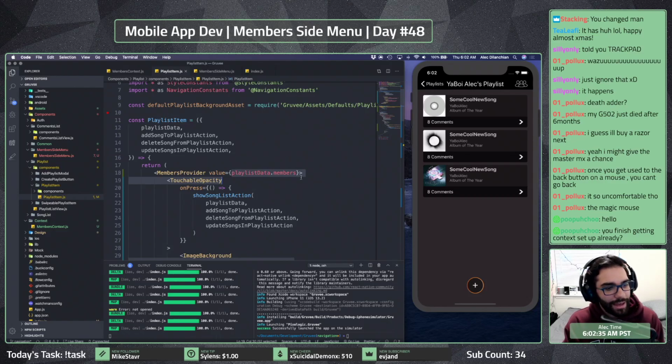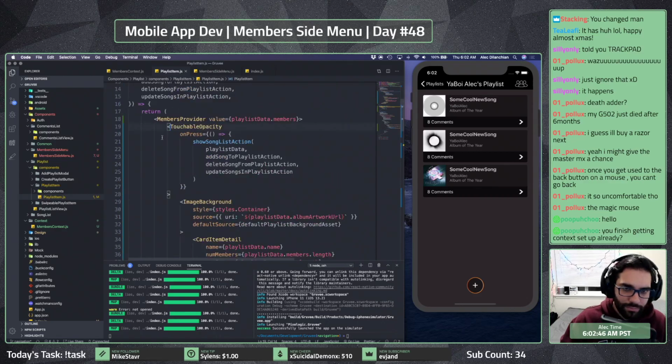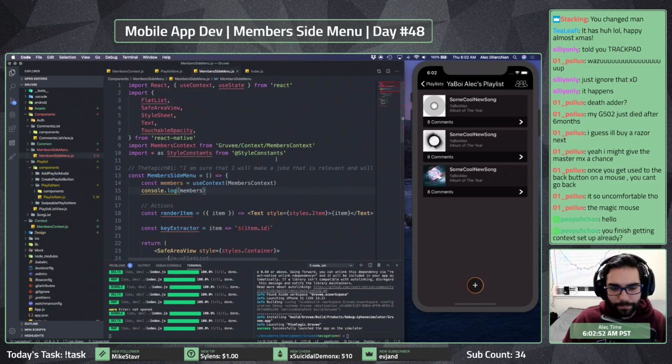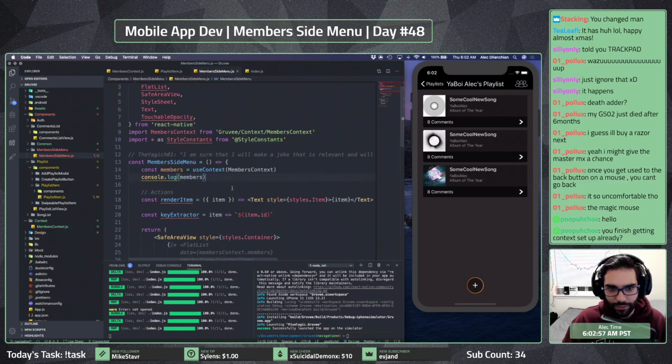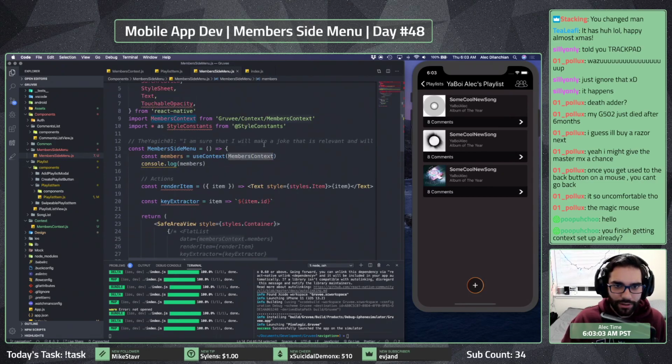The problem is that when I wrap this, the side menu technically isn't a child of this, right? So it doesn't go anywhere. It doesn't pass down anything. Yeah, so we don't get access to it in our side menu component here. And so I did use context of the members context.